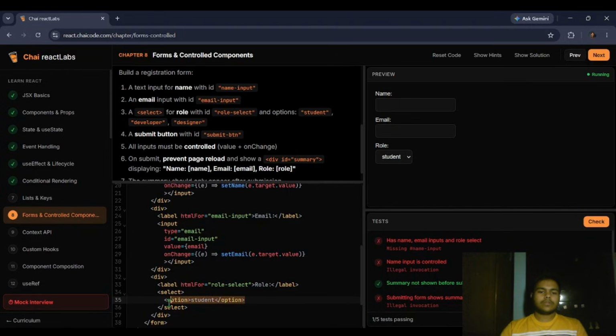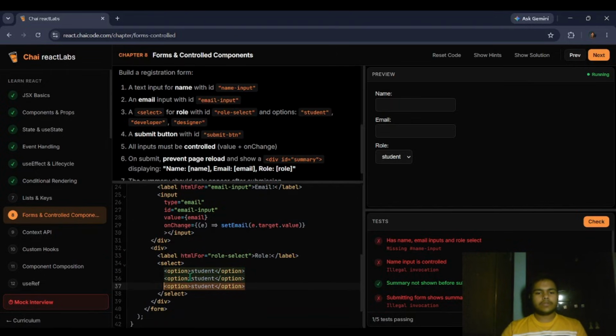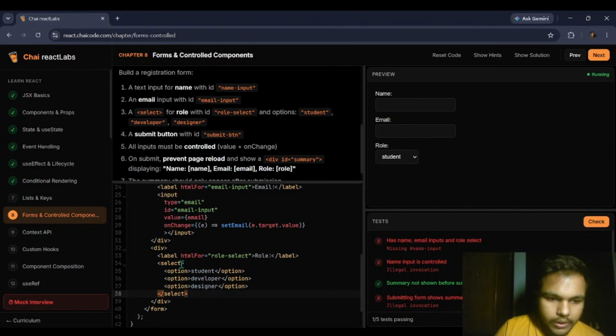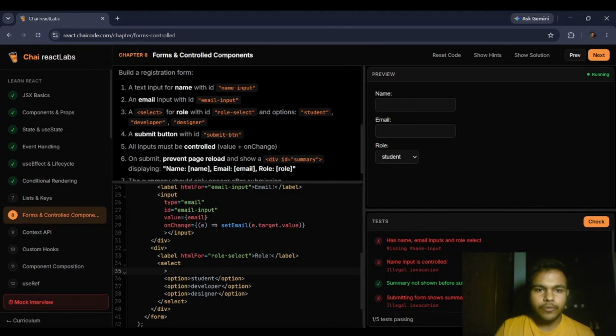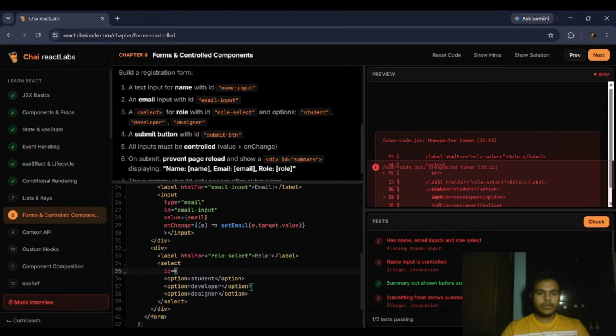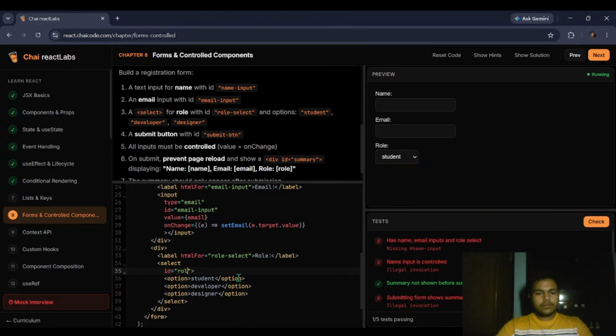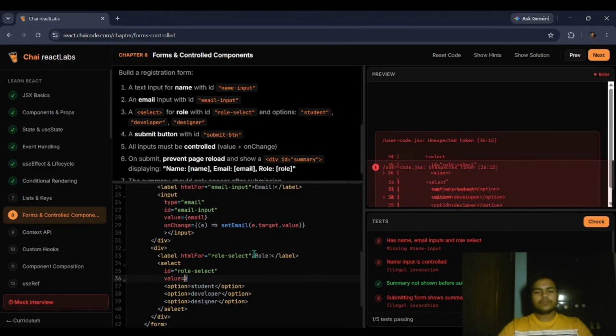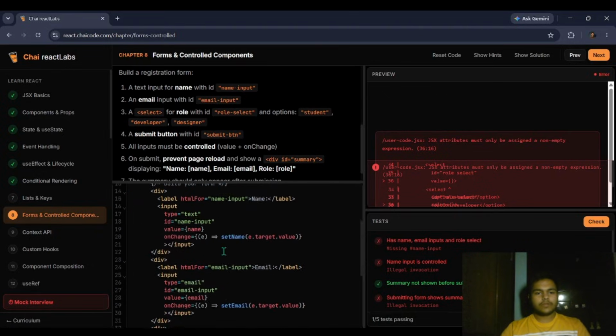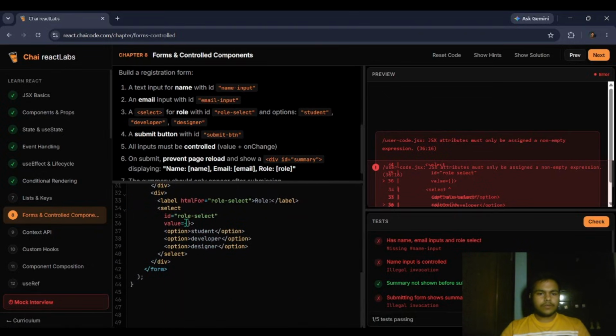I can just copy this, paste this, and make it developer, and this to designer. Cool. Now we have to add the same type of ID here that we were doing in the previous ones, like in the email and the name. We will add ID role select. It is already given in the question. Next, what should we add? Yeah, the same thing. Value. Value as what? We have role. You can see role and set role. Okay, so where it is, yeah, role,